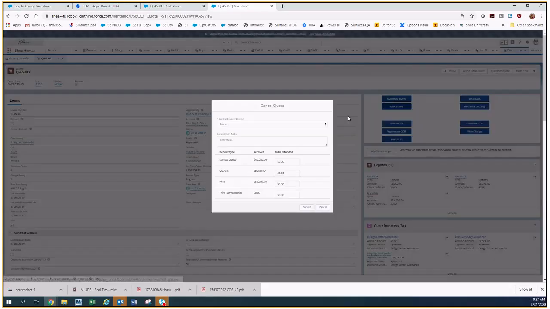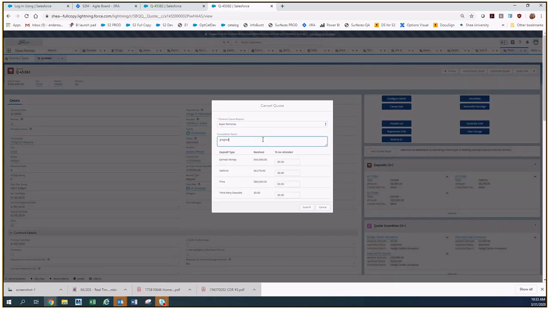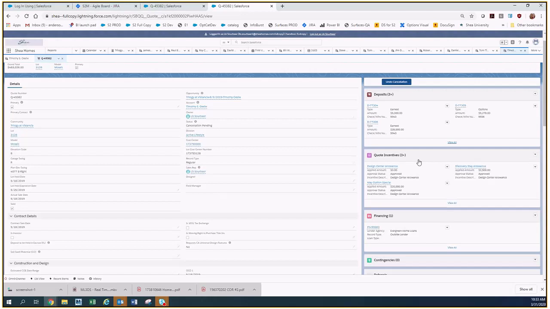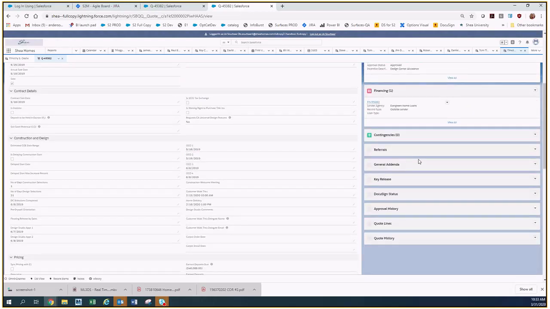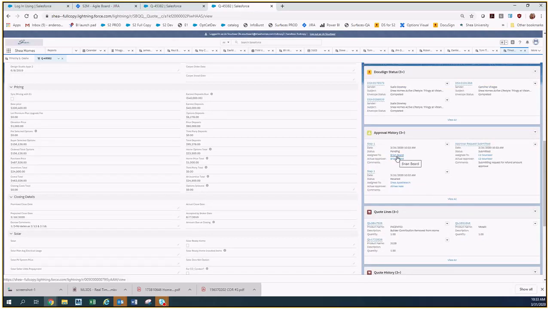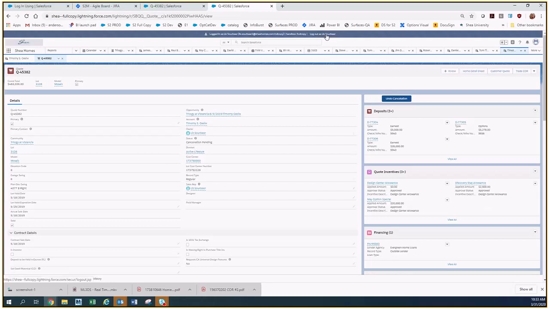So I'm going to go ahead and cancel the sale, stick with my same reasons. So now again, cancellation initiated and sent for approval. So when I come down here, as it refreshes, you can see that it's Brian Beard and it's pending. So right now it's sitting in his court waiting for him to approve it. If you are somebody that does the approving,